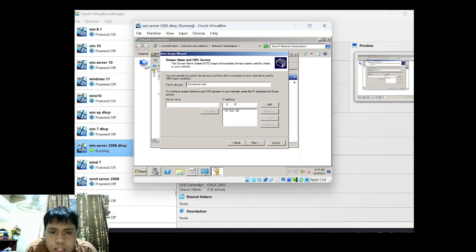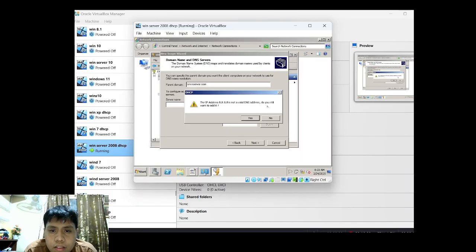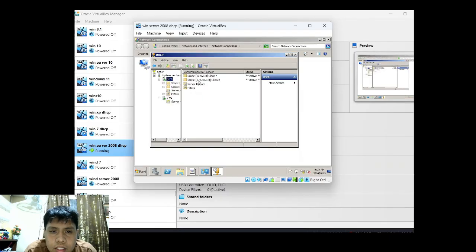Then next is 8.8.8.8, then add and wait again. It's just a short time, not like the others. Yes, the next, the finish.